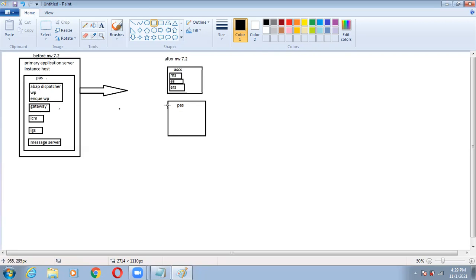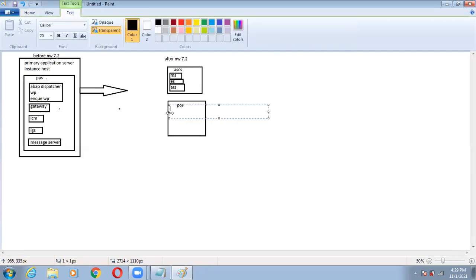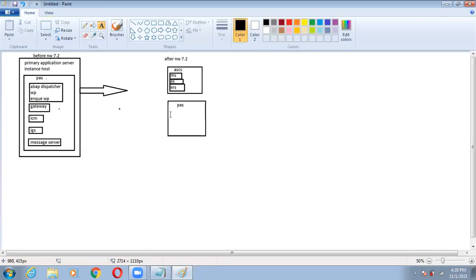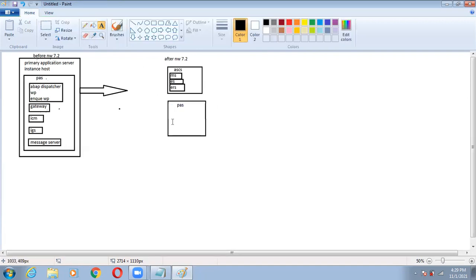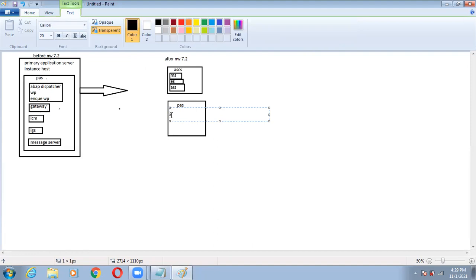all of the primary application server has been split, right? I will write the components' names here. Same ABAP dispatcher, work process, ABAP dispatcher and work process, right?